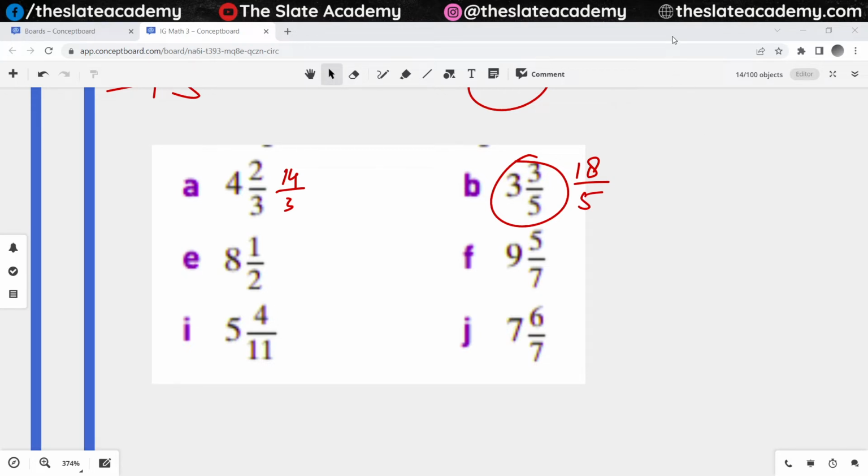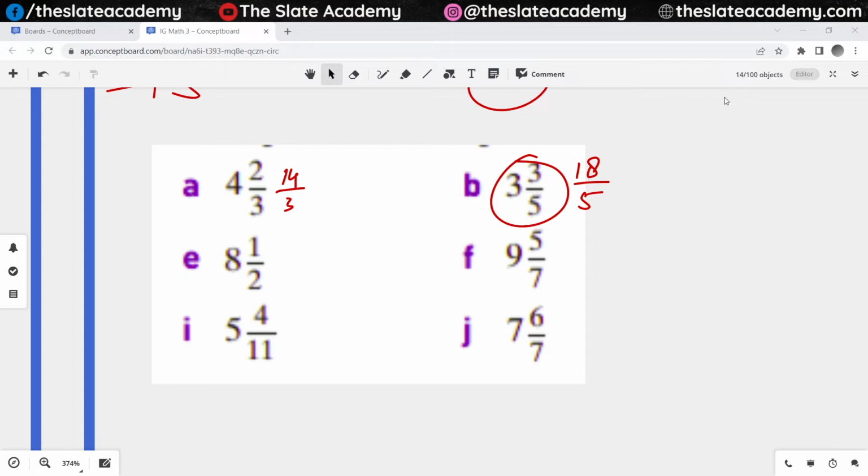17 by 2. 68 by 7. 59 by 11. And 55 by 7. All correct. So similarly, if we know how to convert compound fractions into improper fractions,